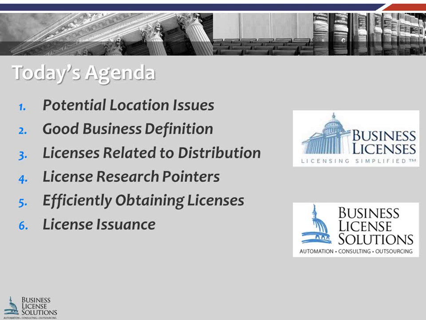The first step involves identifying the licenses applicable to your business. There are several components to this that we will discuss today. Understanding your business locations, defining the activities your business engages in, and how that business gets done. The next step is how to research the licenses that are applicable to your business, where to look, what sources to check. Proper research will put you in a position to efficiently apply for and obtain the licenses your business needs. And finally, we will discuss what to expect regarding license issuance so you can ensure that all your hard work pays off and your business actually receives the licenses you've applied for and what to do with them.